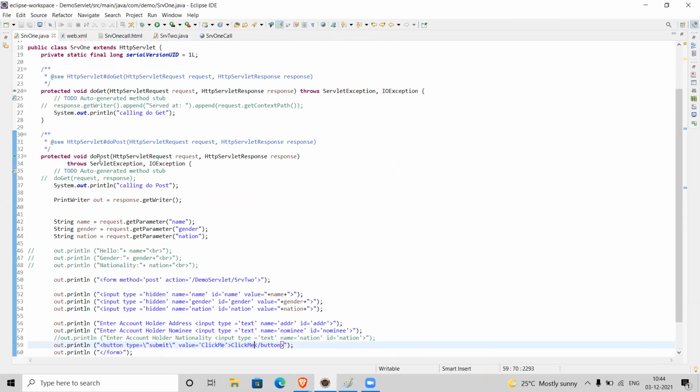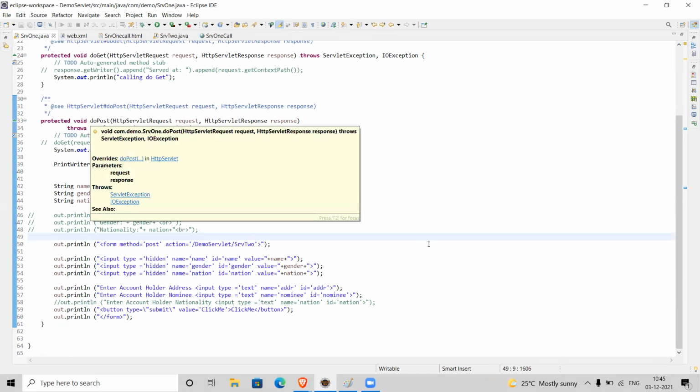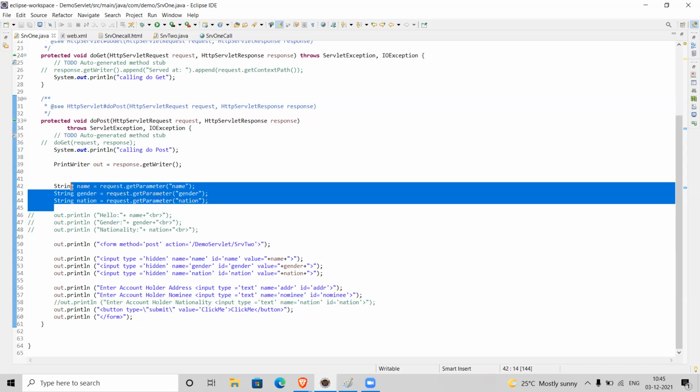Here we are using the doPost method. We don't want to expose the data to the public in the network, so we are using doPost. Using request.getParameter, we read this information. Now we set this information and send it in the form of a cookie to the browser.